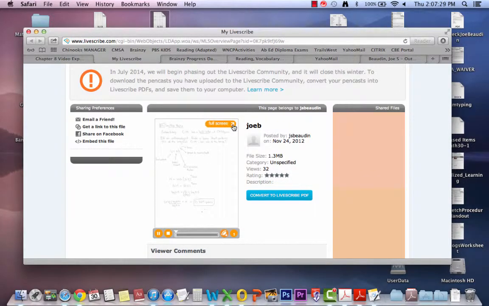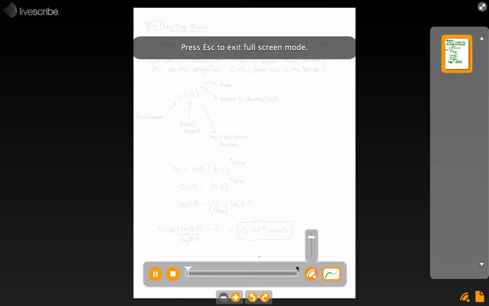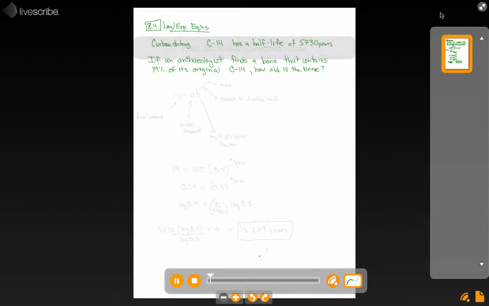This example comes with section 8.4, log and exponential equations. For this next question, we're given a little bit of background information about carbon dating. You've probably heard of the term carbon dating before. It basically uses an isotope called carbon-14 that's radioactive and has a half-life of 5,730 years. So our question is, if an archaeologist finds a bone that contains 19% of its original C14, how old is